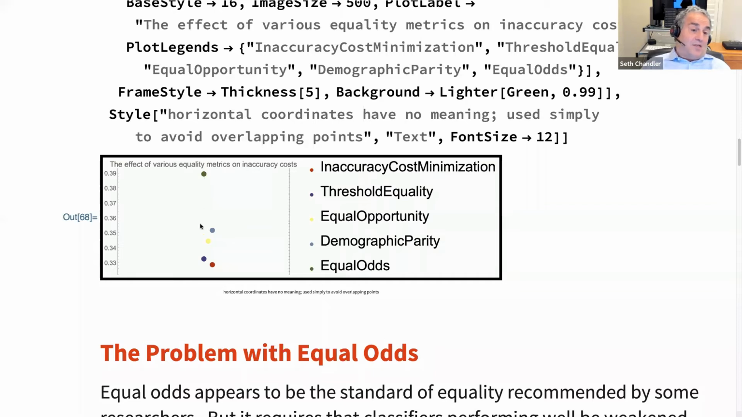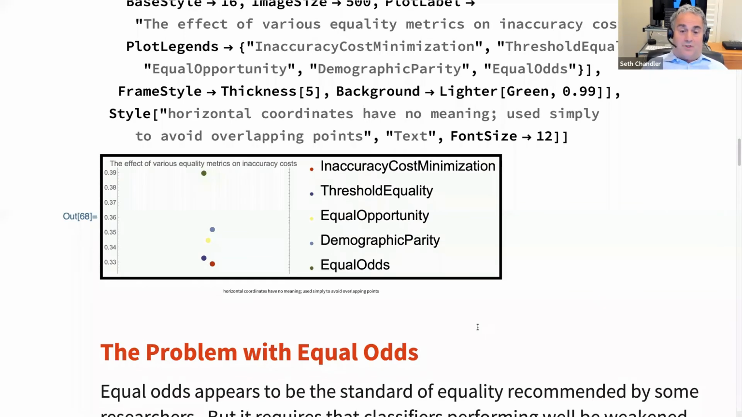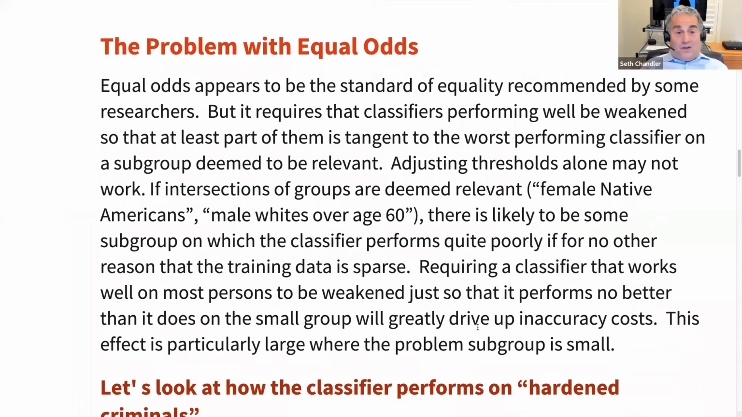And again, does going from 0.33 to 0.39, is that fatal? Should we give up on our goal of equality? That's sort of a decision that's somewhat above my pay grade, but at least we've identified what the cost might be. The issue comes, though, if you insist on equal odds,